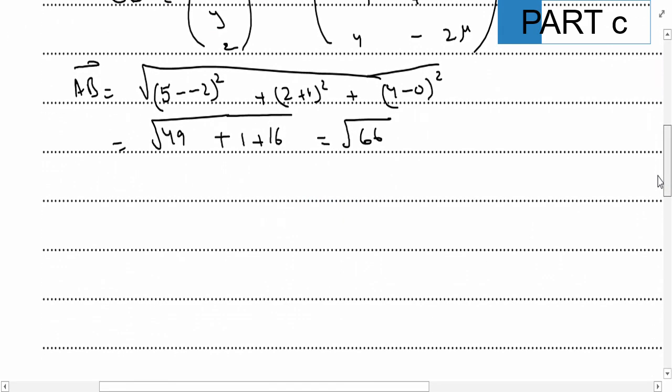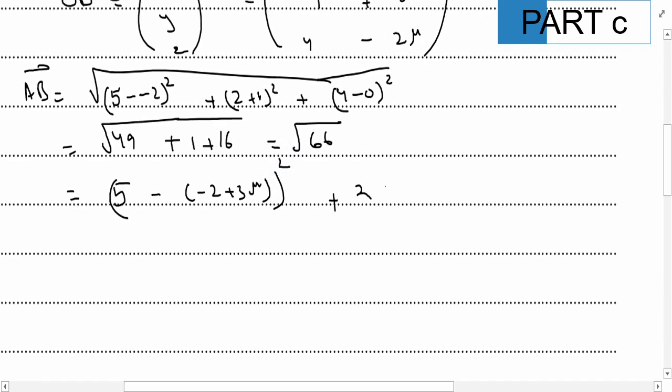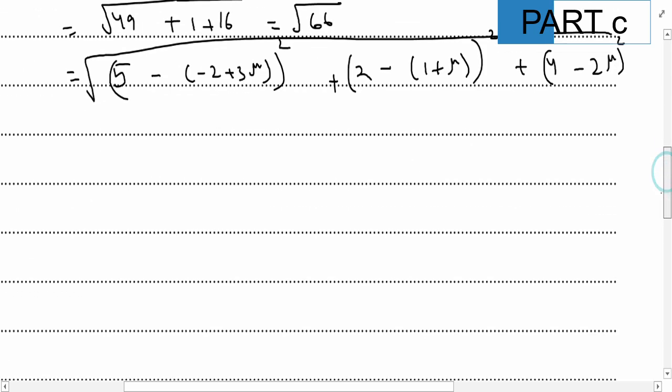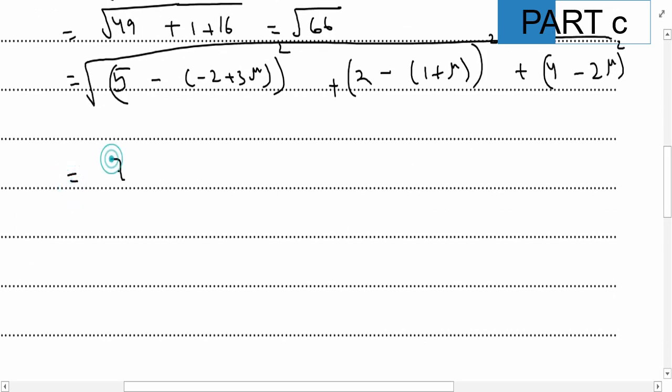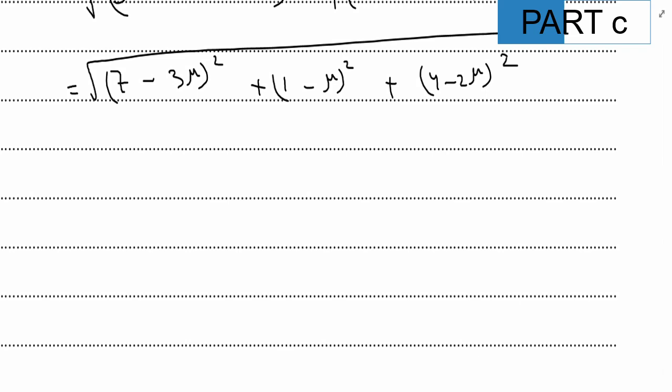Now let's find the value of BD. The x coordinate of D minus B is (minus 2 plus 3 mu minus 5) whole squared, plus (1 plus mu minus 2) whole squared, plus (4 minus 2 mu) whole squared, all under the root. If we simplify it, it would become (7 minus 3 mu) whole squared plus (1 minus mu) whole squared plus (4 minus 2 mu) whole squared. Let us expand the brackets. (a minus b) whole squared is equal to a squared minus 2ab plus b squared. So it would become